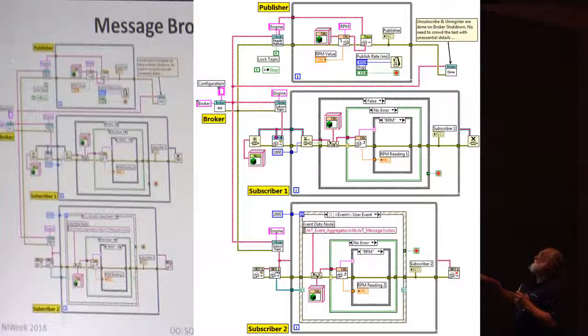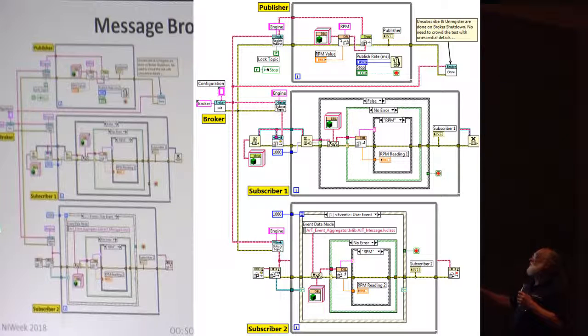This is an example of a single publisher and 2 subscribers, and the subscribers use different message transport. This one uses LabVIEW queues, this one uses events, and they can be served by the same publisher. So you initialize the broker, same kind of thing as in the Zebra implementation. It has an API, which is a by-value stateless class.